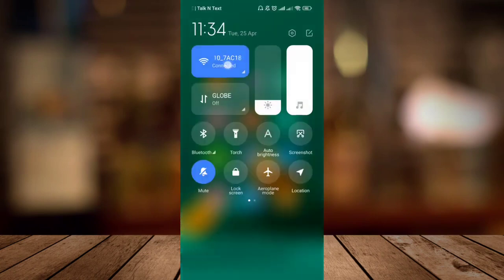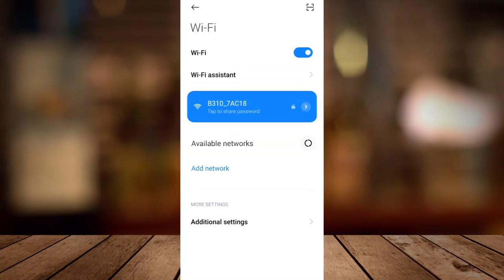Welcome to Fast Fix. For today's video, I want to show you how to change your Wi-Fi password using your